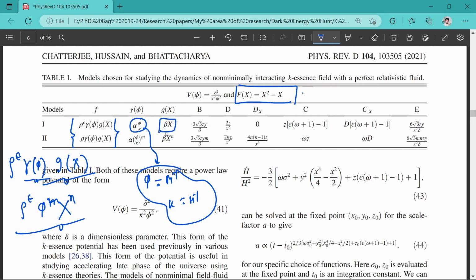Alpha and beta are constants, so they can be absorbed in any way and don't contribute anything. So here is the model: one way you can choose rho square, rho cube, rho 4, and again you can divide by some mass. Let us say you choose the mass to be m, and this will always make f an m to the power of 4 theory. Since m is just a dimensional constant, it will not contribute anything in the dynamics.